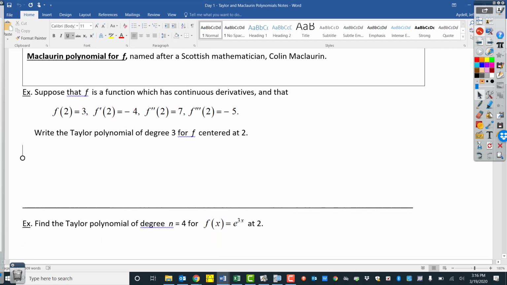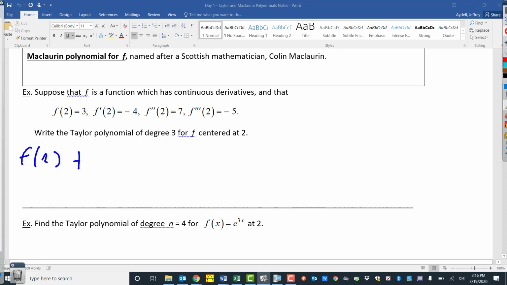So, we want it centered at 2. That's already given by all these values being 2. So we start with f of 2, plus f prime of 2 times x minus 2,